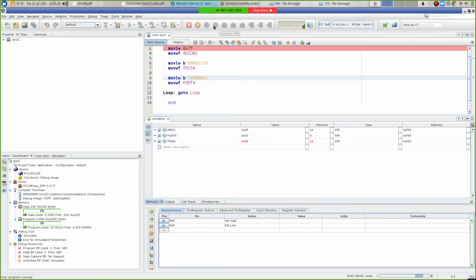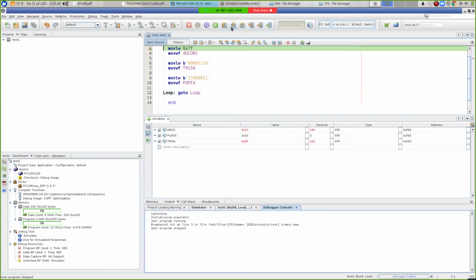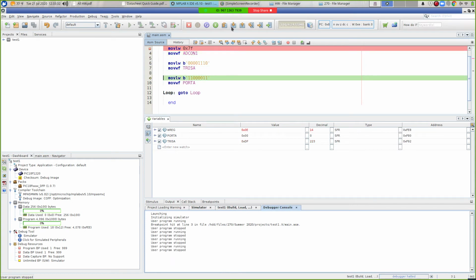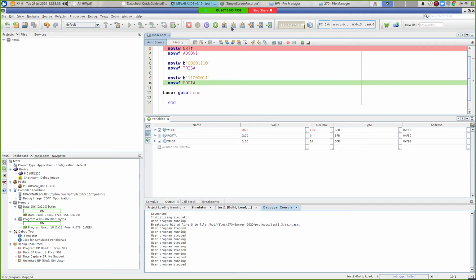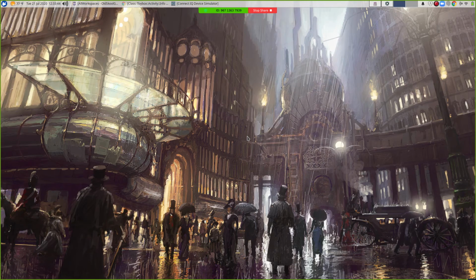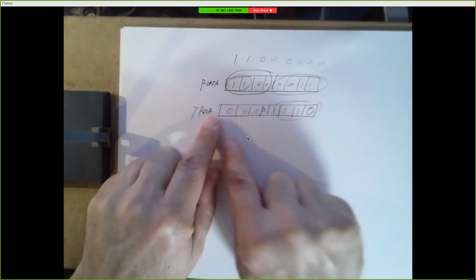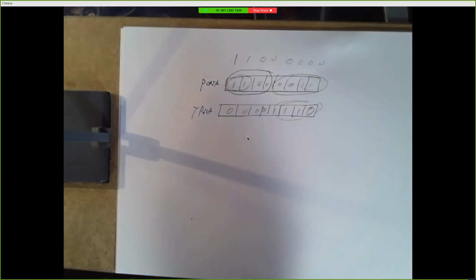I hit the wrong button. Let's do this again. Alright, so we load TRISA, we take this value into W, and now we're going to move that into port A. And port A is C1. Right? Why is it C1? Because we tried to write C3, right? Two ones here, two ones here. We tried to write those, but